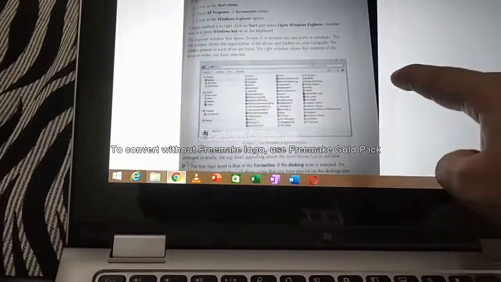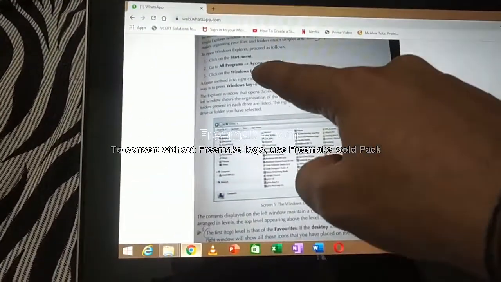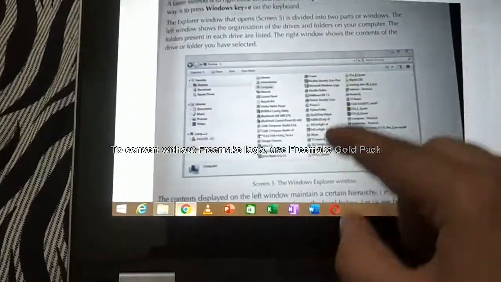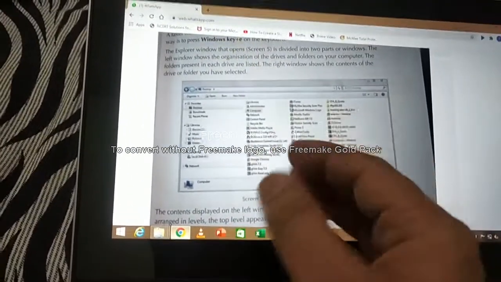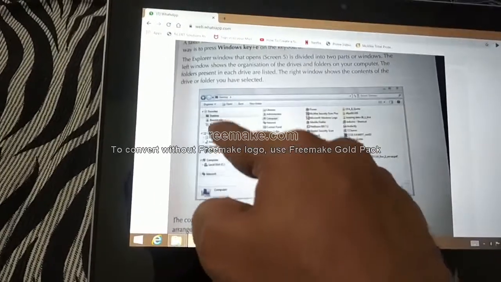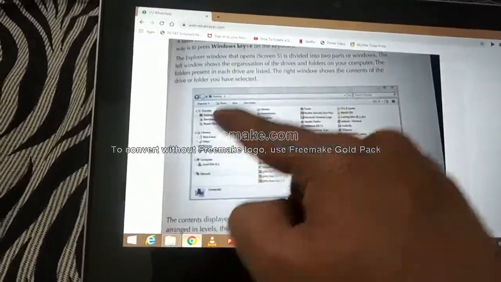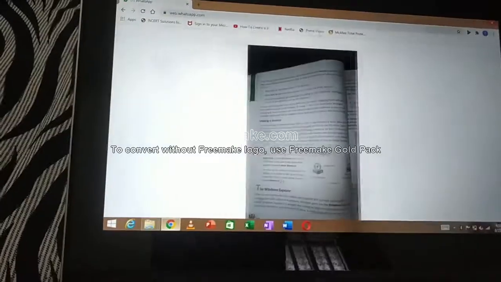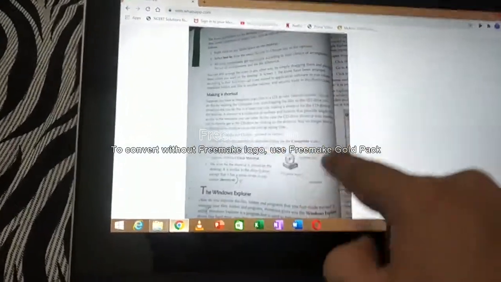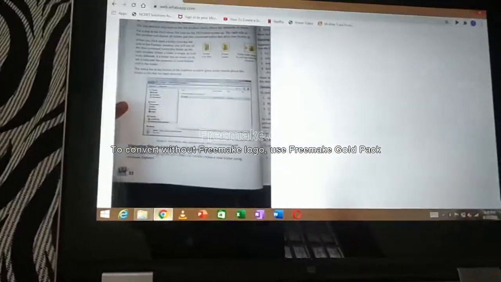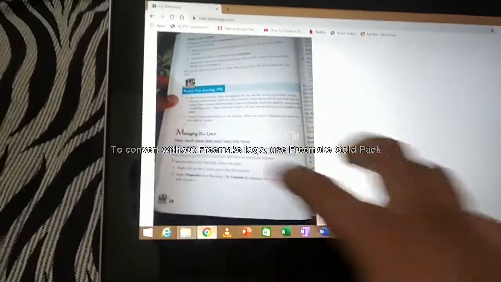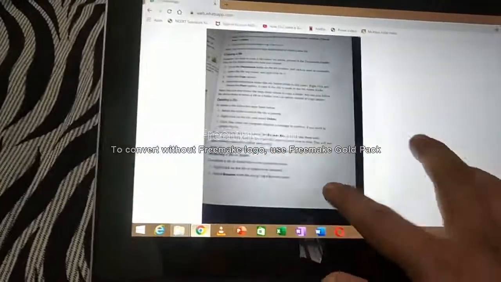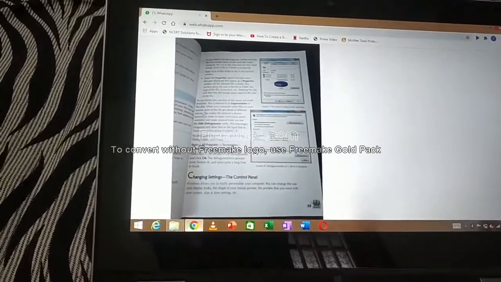Next they have explained about Windows Explorer. Windows Explorer can be explained in Windows 8 also, but it will not be accurate. Few things will be different between Windows 7 and Windows 8, so for this I will send a link. They have also explained managing shortcuts, Windows Explorer and disk management, all those things.